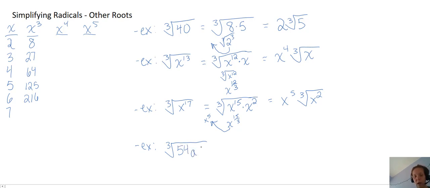Switch to a and b. a to the 9th, b to the 4th. So I have a couple things I need to break down here. I'm looking at 54,